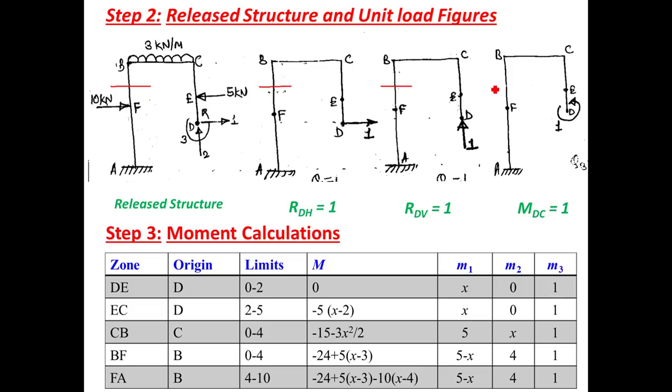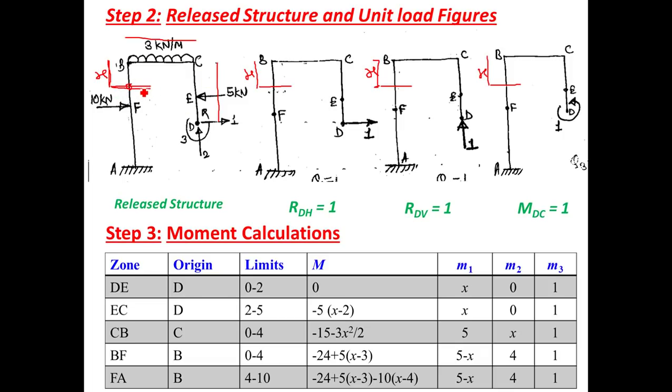Okay, so section in B to F, distance x is measured from B now because B is origin, so this distance is x in the second figure. In the third figure, distance from B is also measured as x. Now we have to observe the right portion of the section. Right portion means the upper portion of the left column, then the complete beam, and the complete right column. We have to consider the complete upper portion of this section.